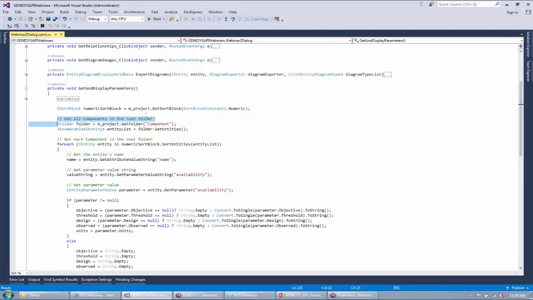Next thing we're going to do, in order to grab some entities, is fetch a folder out of the project. As you see here, once again, maybe a little bit of déjà vu from our first webinar, we can grab a folder via a very simple call to get folder against the project, and we simply pass in the folder